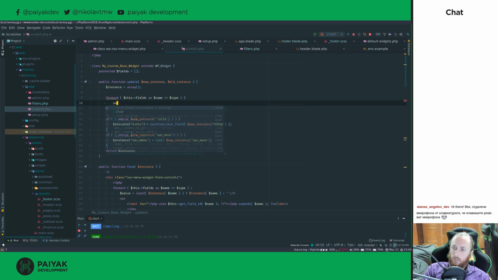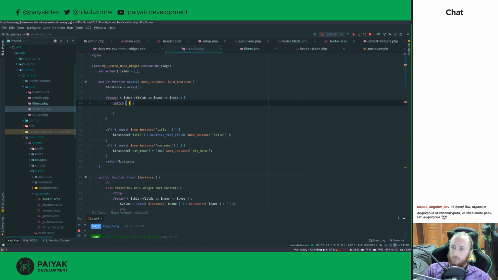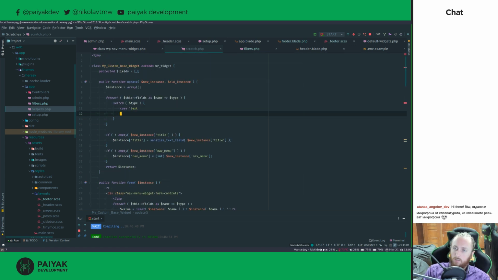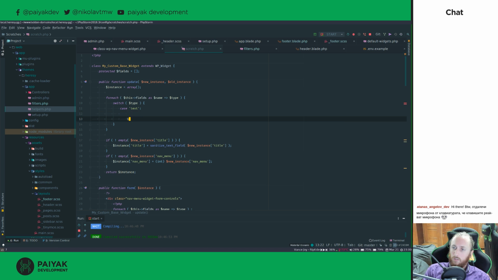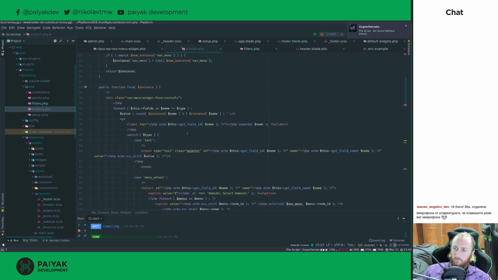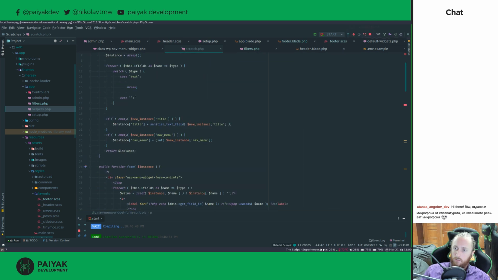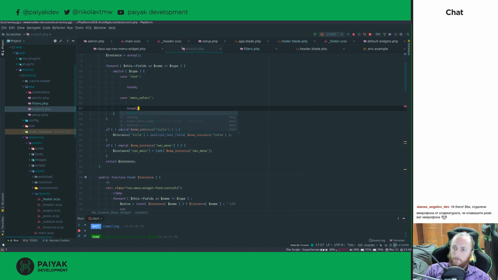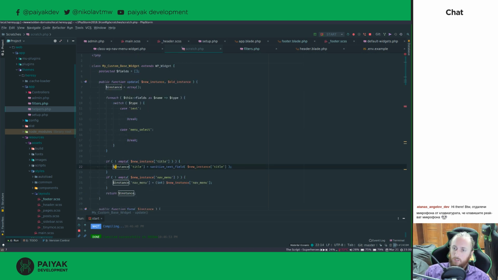Switch the type, and in case it's a string, or the text, I guess, then we can do one thing, but if it's something else, then we can do something. In case it's the other one, we do something else. Select. So in this case, for any text fields,